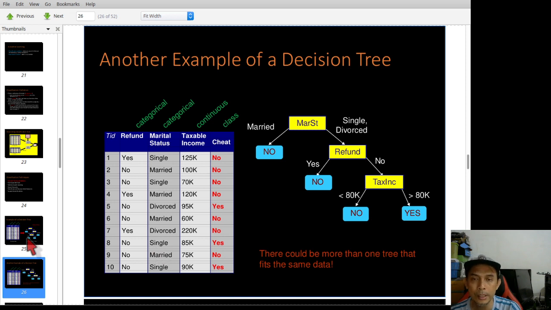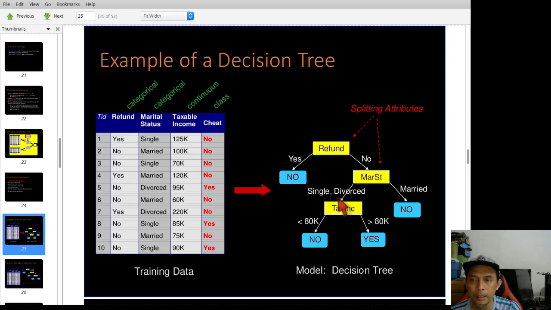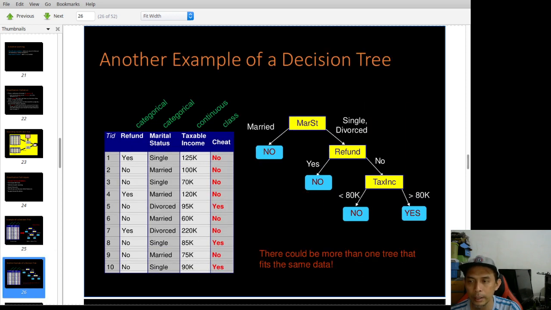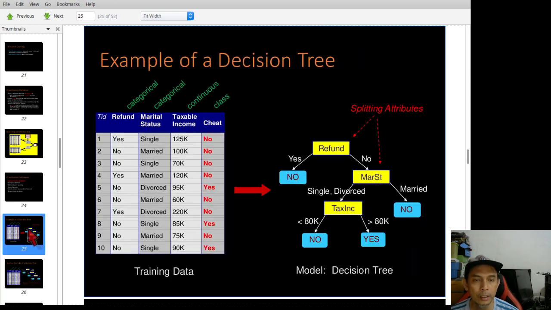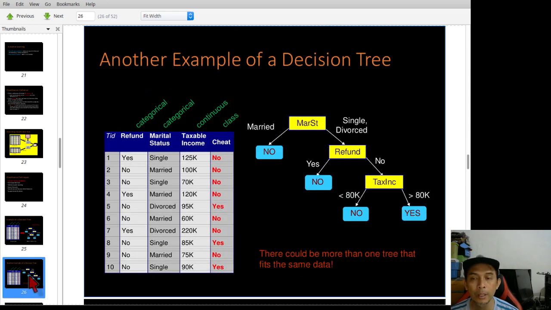Now the question here is, which one is the better one? Is it this one or this one? This is one question that we need to answer by coming out with a systematic method to determine which one is better, because both decision trees can be used to model this training data.